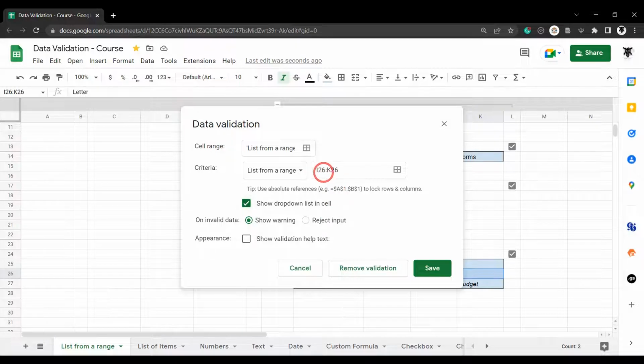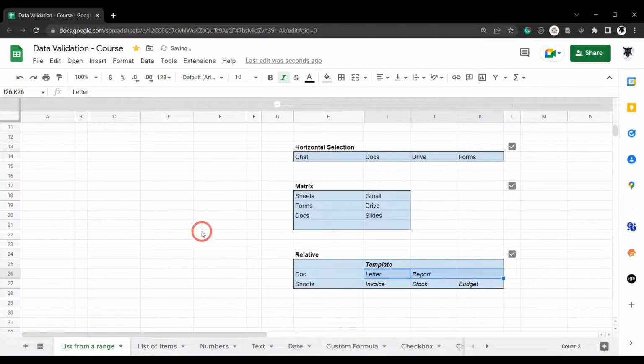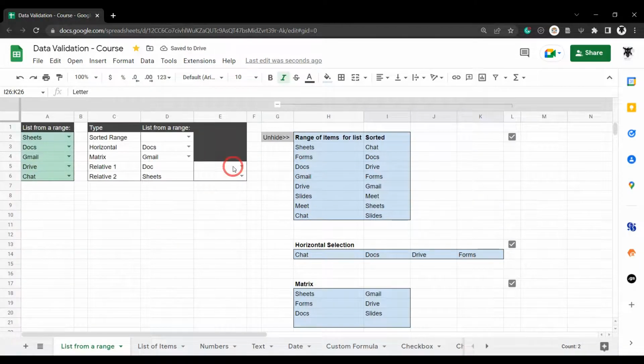So what we need to do is to lock certain cells in and keep the others. And we'll start this off with an equal sign and then put an absolute value here for our column value I, but not put a dollar sign onto our row, and do the same for the column value K, and hit save. And let's head back up to our drop down menu here,